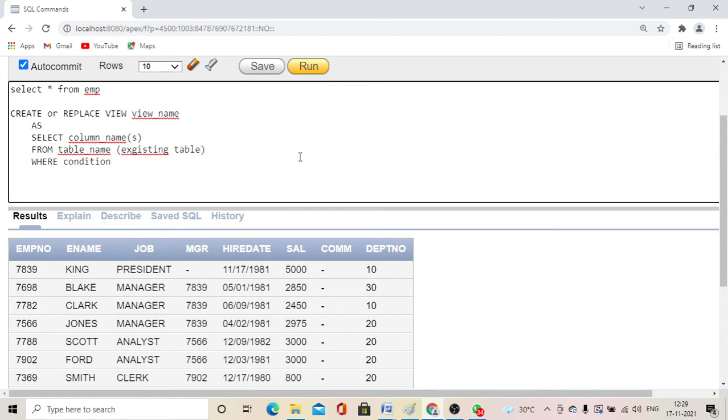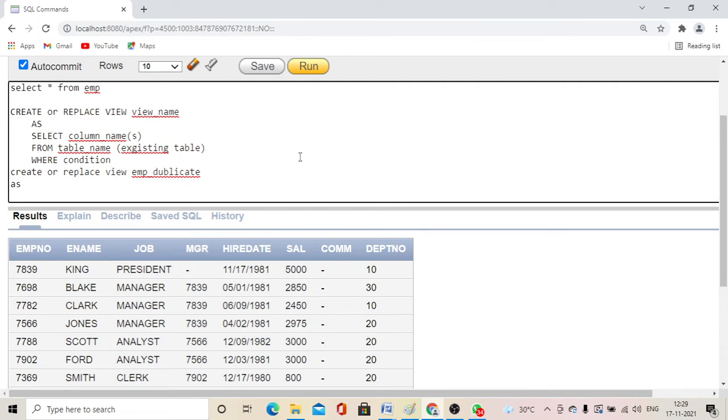So what I do is I say create or replace view name. I give something like employee duplicate. Okay, and I say as a keyword.